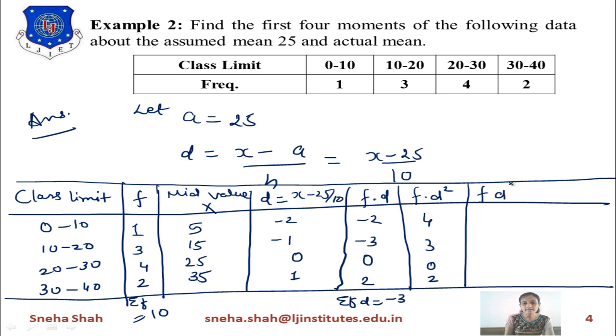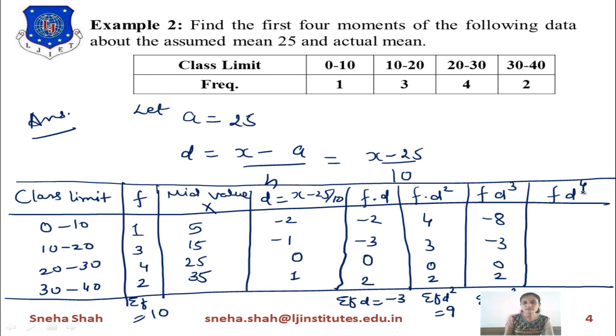Similarly, now we will find the value of f d cube. Before that, we find the summation of all these terms, so it gives the summation of f d square equals 4 plus 3 plus 7 plus 2, which is 9. Similarly, we find the cube of this, meaning minus 8 into 1, which gives minus 8. Likewise, we find all the other terms, and adding all these terms gives the summation of f into d cube, and its answer equals minus 9.